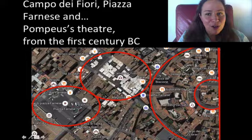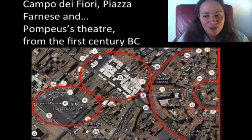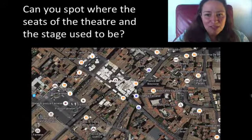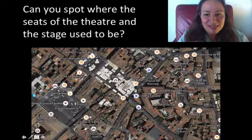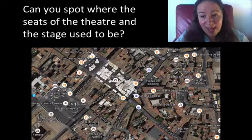Again, if you go in the basements of all of these buildings, you're going to find remains of the Pompeius Theatre. Now just have a look. I just want you to see it. You can see it even with no signs at all. All of this area looks like the bleachers of the seats and the cavea of the